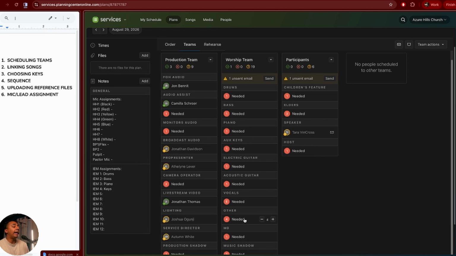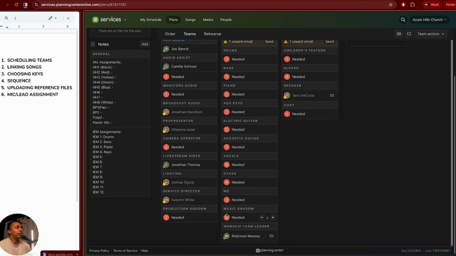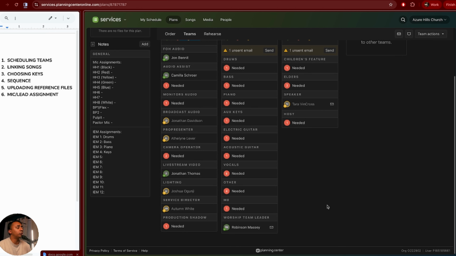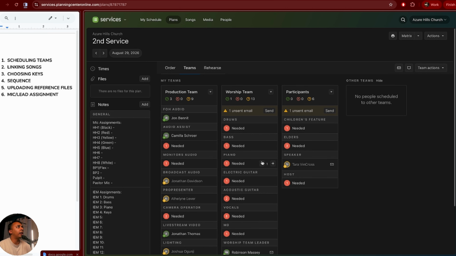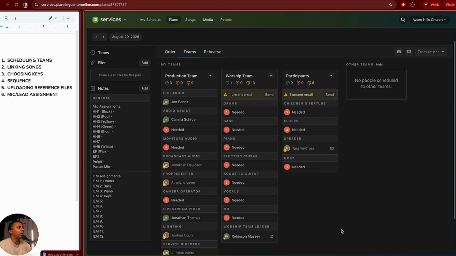Let's say you need less than what's shown. For example, maybe you don't have any shadowers. You can just hit minus until you hit 0. Those positions will go away. Let's take away the other section as well, because I won't be needing that. Let's add a second acoustic guitar. Let's take away aux keys, and let's work with this. So I'm going to go ahead and add a drummer,